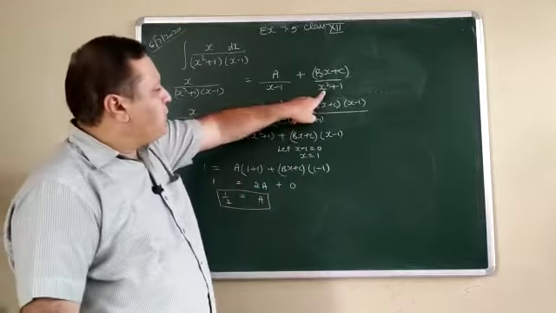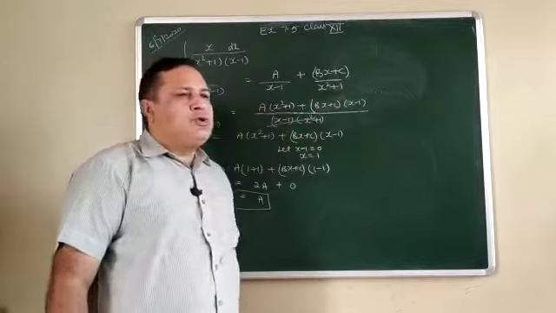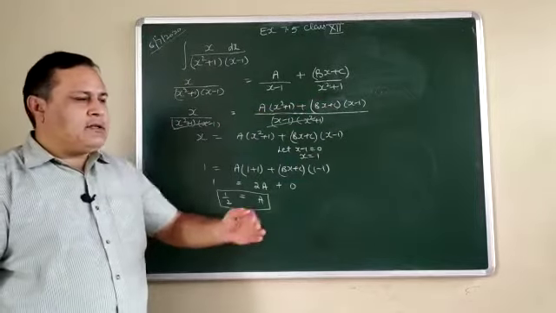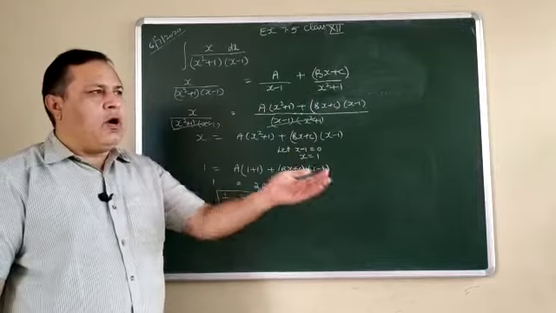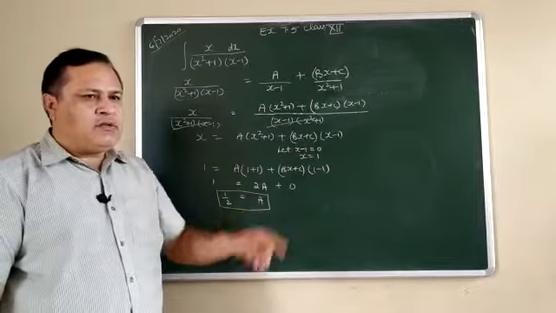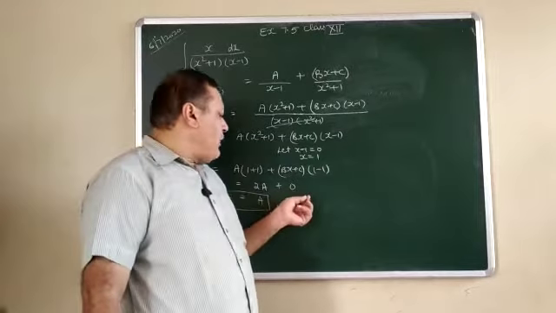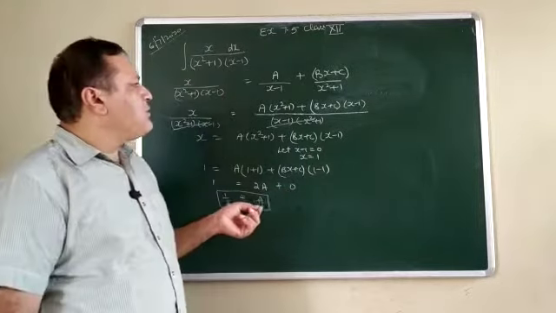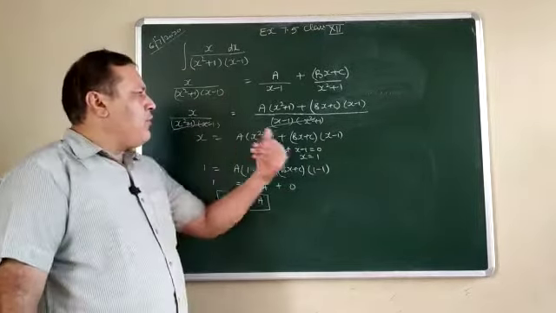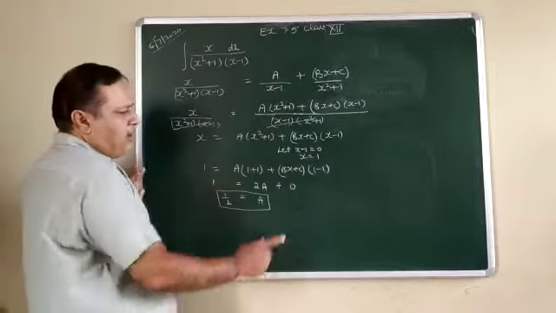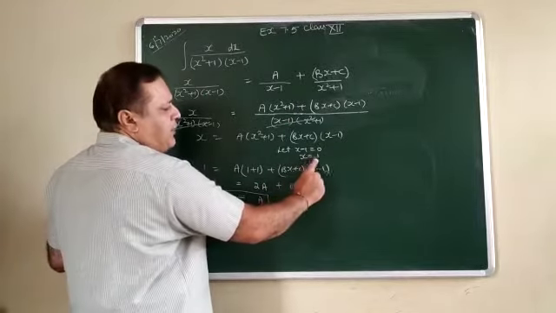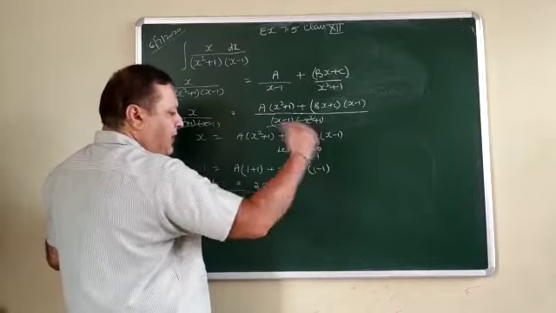But if we substitute x square plus 1 equals to 0, then what happens? x square is equals to minus 1, or x is equals to under root of minus 1, meaning a complex number. So in this situation, when you have no linear factor, then you can substitute a value of x of your choice. But remember, the value should not be repeated, so we can't substitute any other value again.